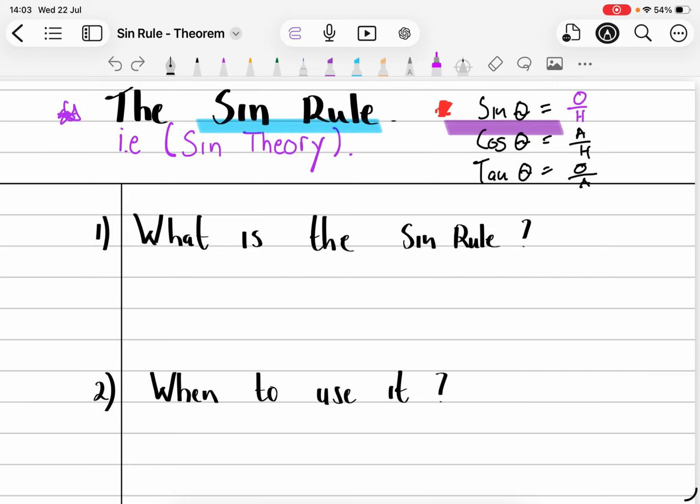Moving on, what is the sine rule? Without a clear mathematical definition, what does it do? We can say the sine rule is a theorem that uses trig ratios